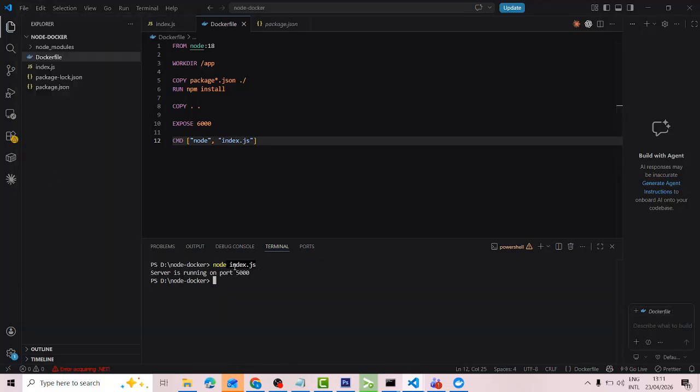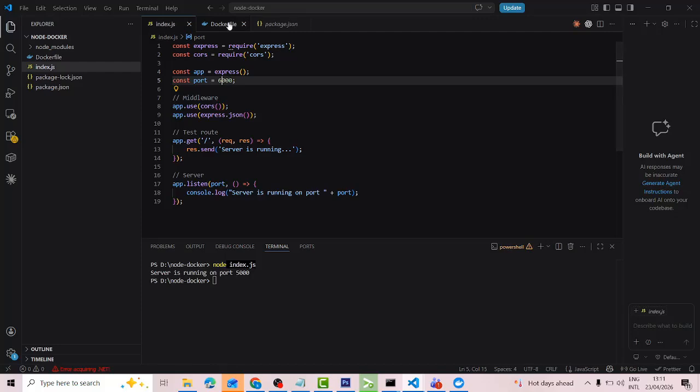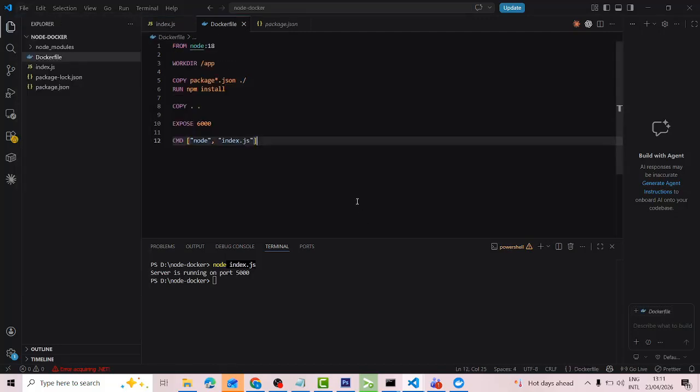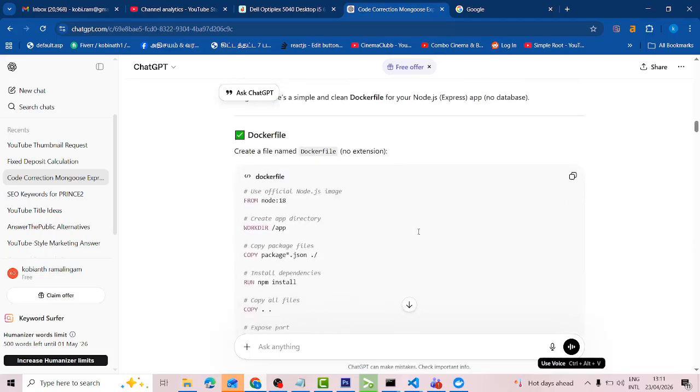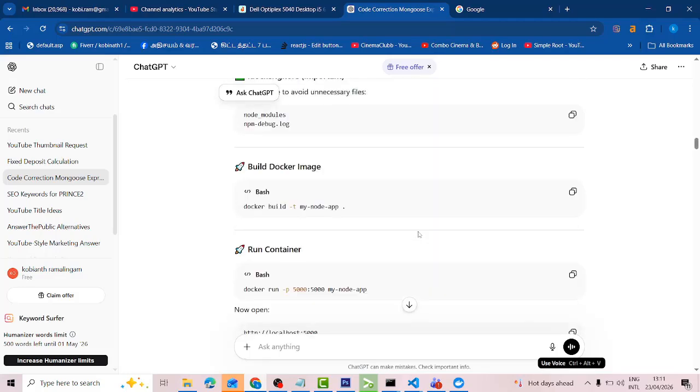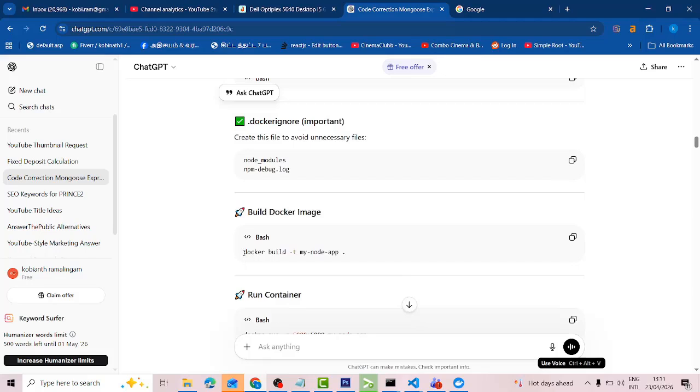Now, instead of this way, we have to run this project using Docker. So we have to configure the project for Docker. Here I have changed the port and all, saved it, and everything is completed. Now I have to set up how to run the Dockerfile. You have to run the command docker build -t